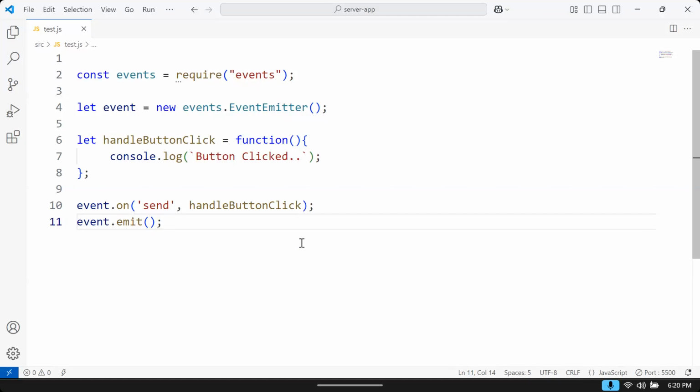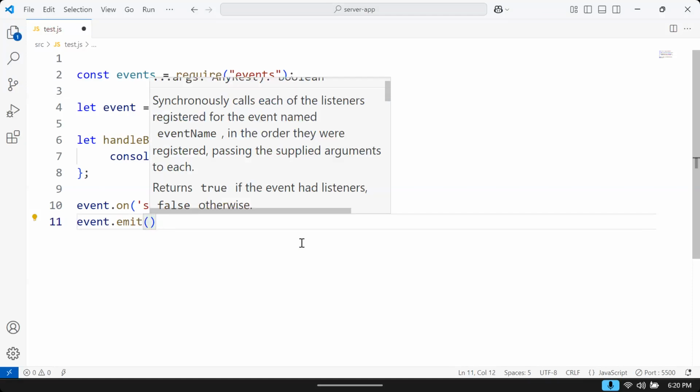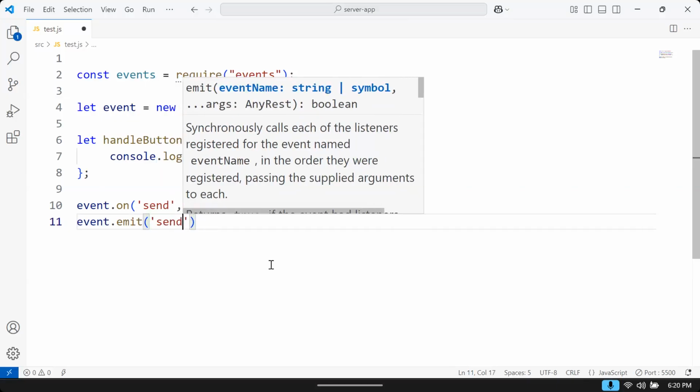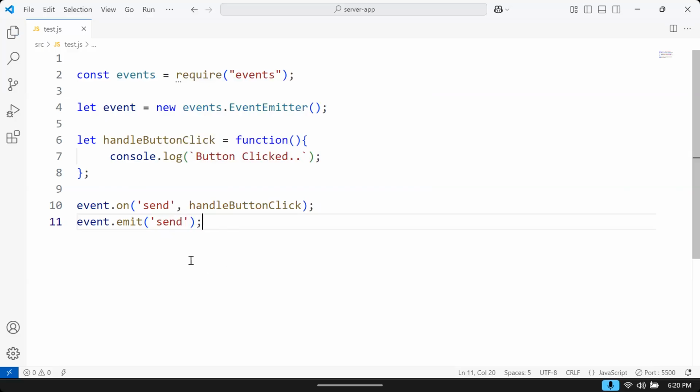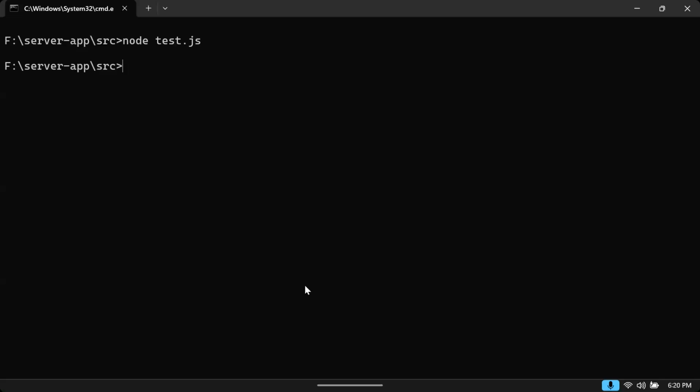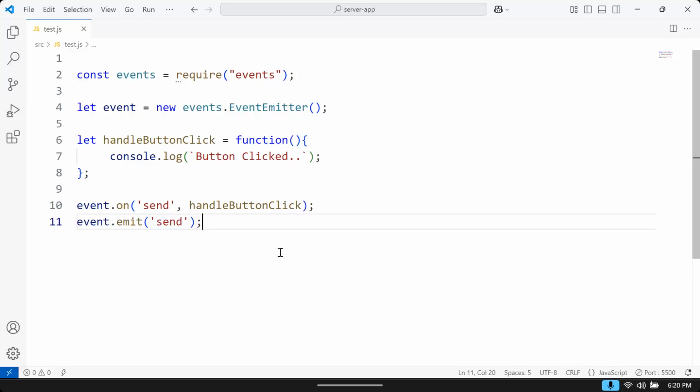Emit is expecting the event name. Which event name to execute? Event name is a string. Event name is send. That means when you emit this send, then it will perform the functionality. And what that functionality is going to do is display the message button click. That is how events are